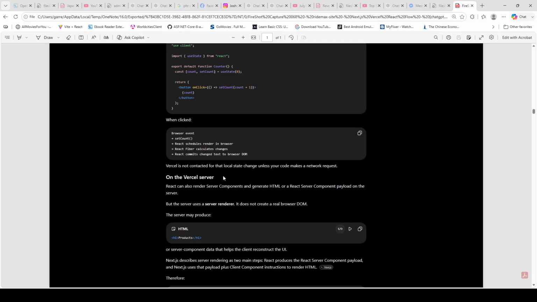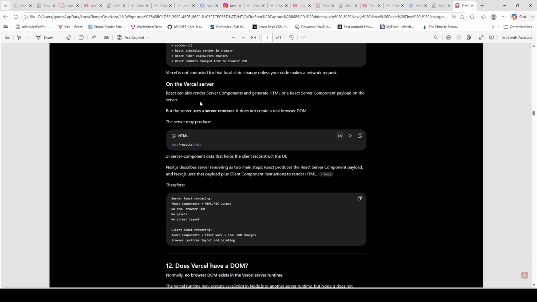On the Vercel server, React can also render server components and generate HTML or React server component payload on the server.